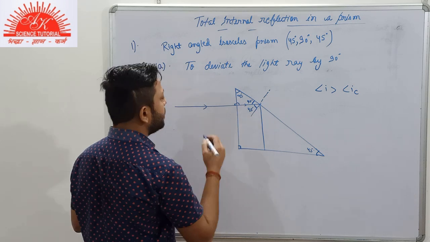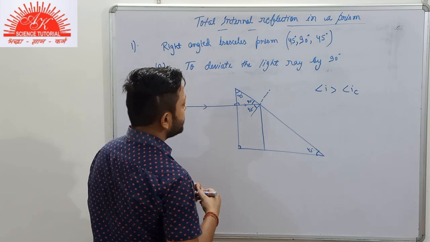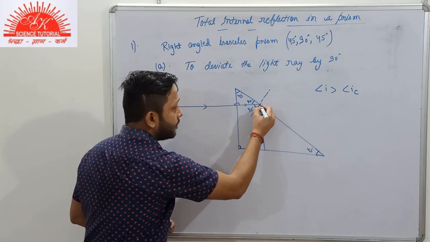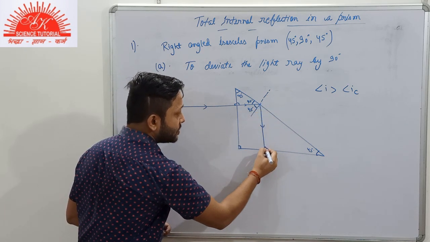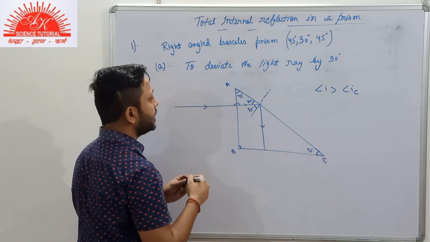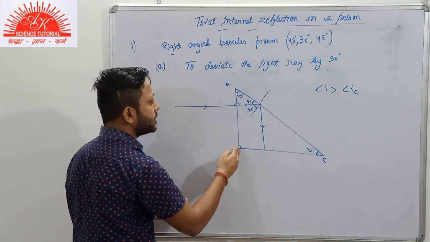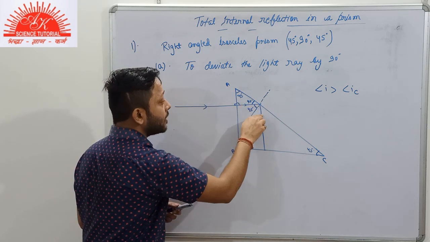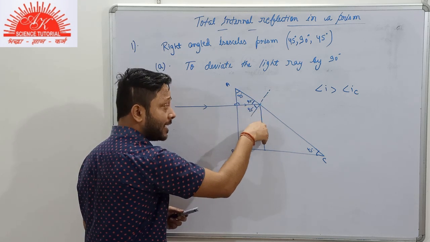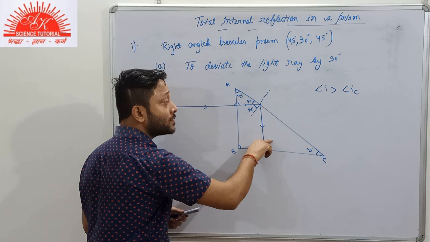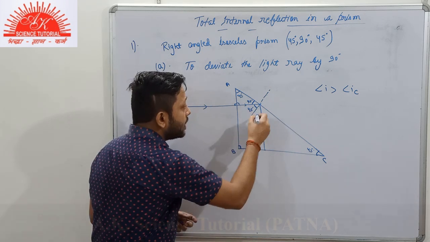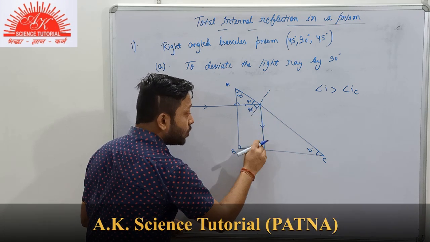Now, what will be our condition here? Total internal reflection has already taken place. Now, this reflected ray strikes this surface; suppose this is our prism A, B and C. Initially, the light ray strikes the surface AB. Now, after total internal reflection, this light ray is moving inside glass, that is inside the prism. Now it has to pass from denser to rarer medium. Again, the condition is fulfilled: it is passing from denser to rarer medium.